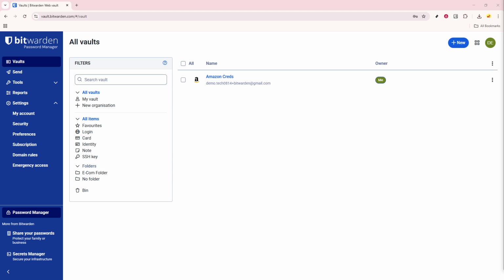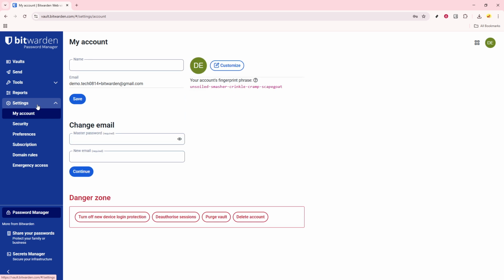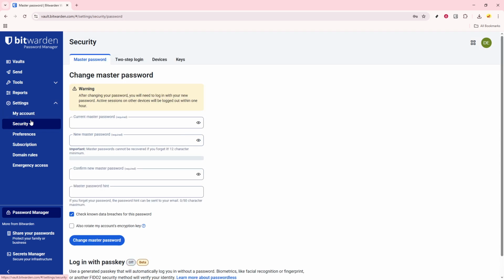Start by logging into your Bitwarden dashboard. Once you're in, focus your attention on the left side menu. Here, you'll find several options, but what you're looking for is the Settings section. Click on that, and a new set of choices will appear. From this drop-down menu, locate the Security tab. Don't rush this part. Make sure you're clicking on Security, because that's where we need to be to change the